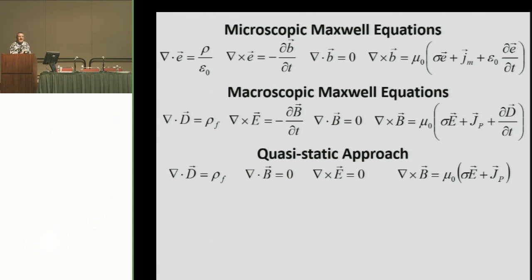Taking into account characteristics of our brain biological tissue in general, we know that these two are always larger than this one. So when you take these two assumptions, you come to the quasi-static approach. With a little bit of knowledge of mathematics, you know that then the electric field has to be defined as a gradient of a potential, and using these two, you come to the first equation that we use in EEG and MEG, which is